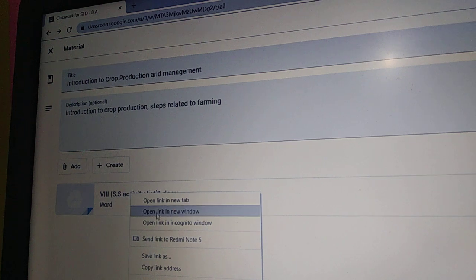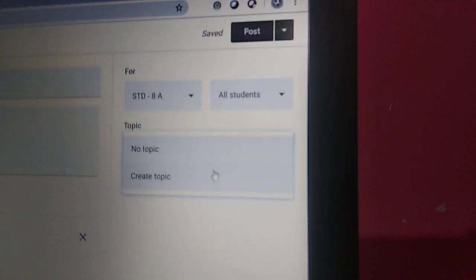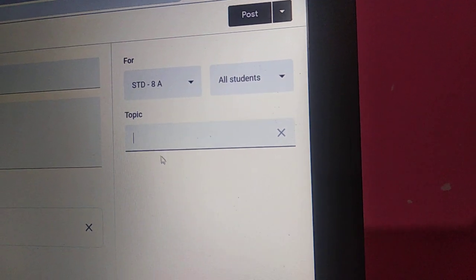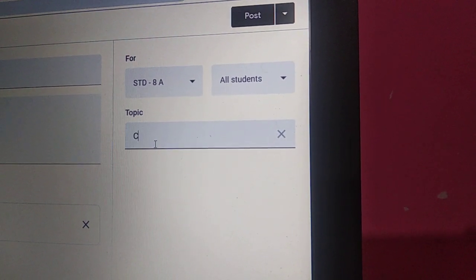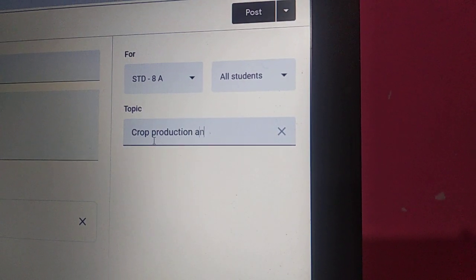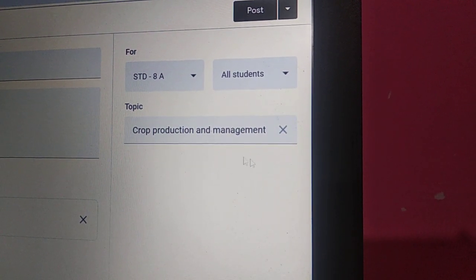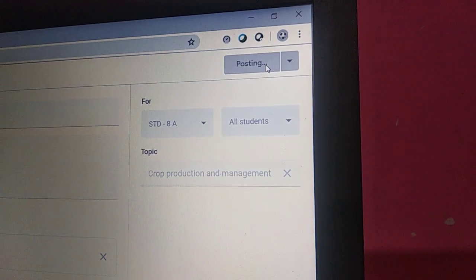Okay, and here we can add any file. I have not created any topic here. What we can do is create a topic from here as well. We can write here create a topic and the name of the lesson, that is crop production and management. Okay, that's it. And what we will do is post.